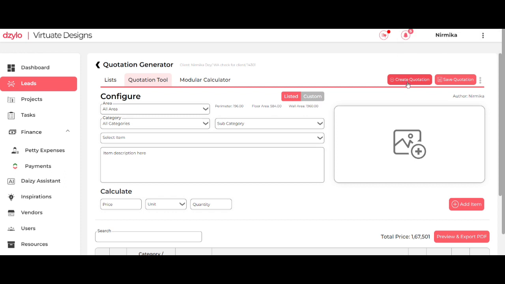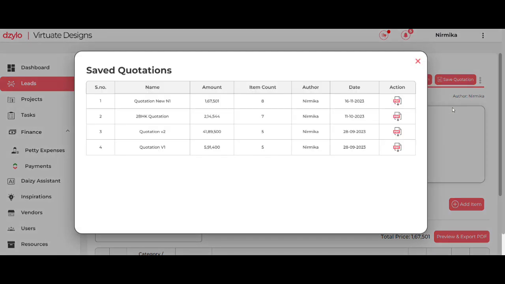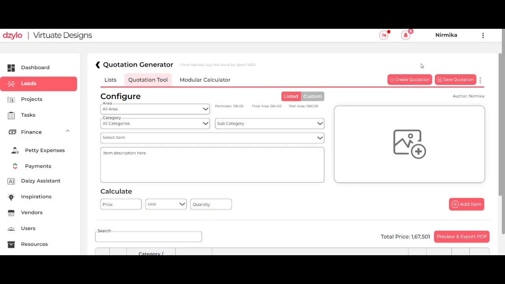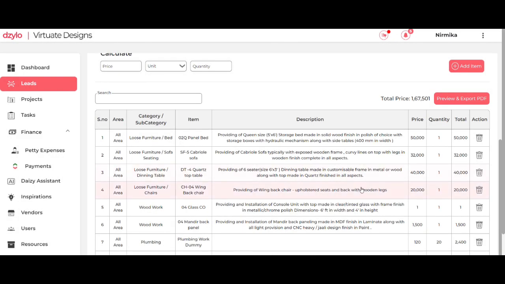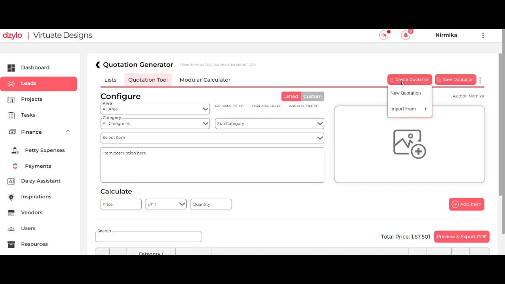First, in this create quotation, in import from, there is a saved list. So what is this saved list? It will basically tell you how many quotations you have made for this particular lead. So this is the list of all those saved quotations, I mean, whatever quotations you have made for this particular lead, and if you have saved them, then only they will show. And if you want to clear this entire data,